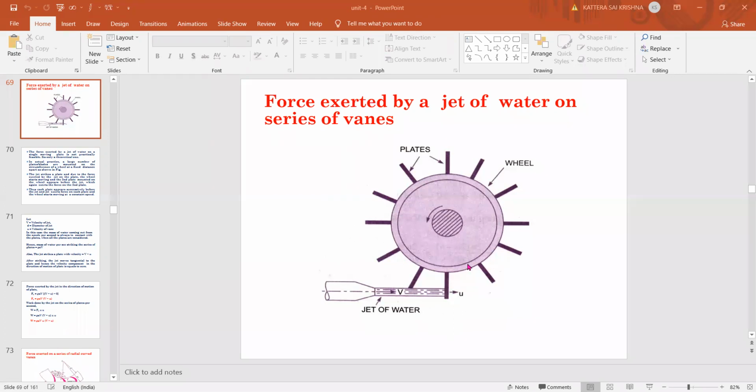So these blades are called a series of vanes. Nothing but a series of blades placed on a drum, where a jet is giving high velocity water, or hitting with a fluid with high velocity. So here the mass of water striking the blade per second will be rho a into v, because continuously this velocity v will be hitting the blade here. We are not going to take any relative velocity into consideration. Only the mass of the water striking the blade will be rho into a into velocity of the jet.